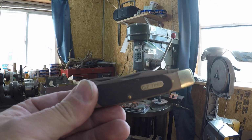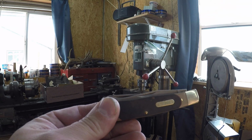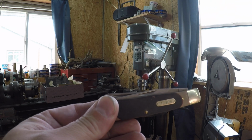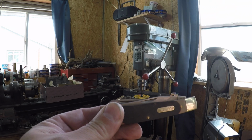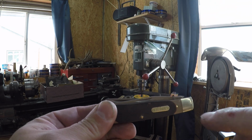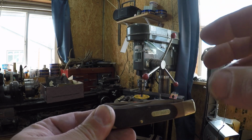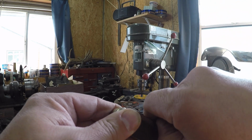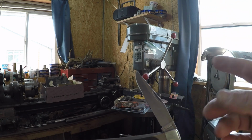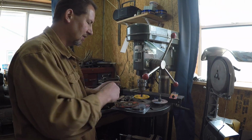So when you're making your own pocket knives, you get to decide how you're going to make everything, and you also get to decide how you want everything to look, and the sizes and everything, right? So this nail nick to me is kind of large and kind of overdone, and it's a little bit distracting. So I like the nail nicks that are